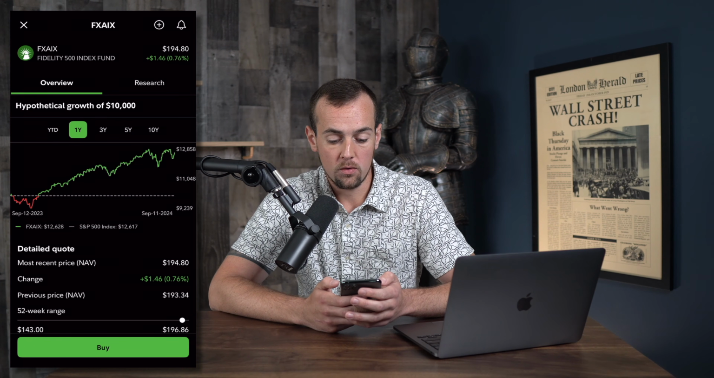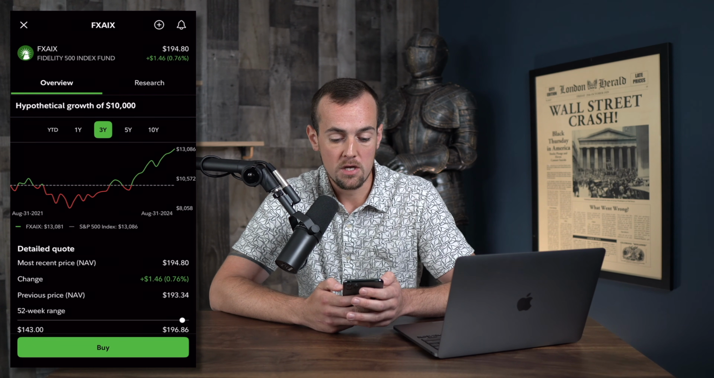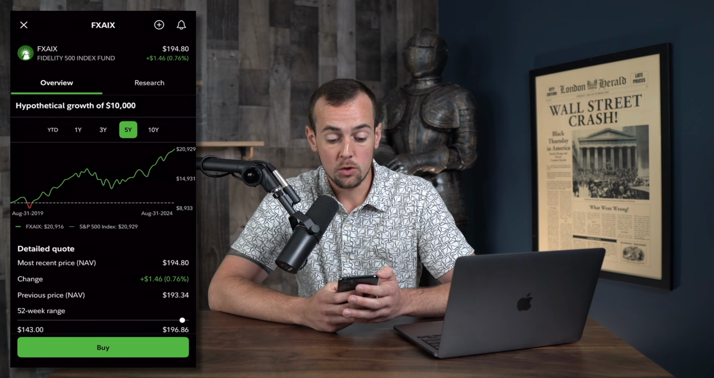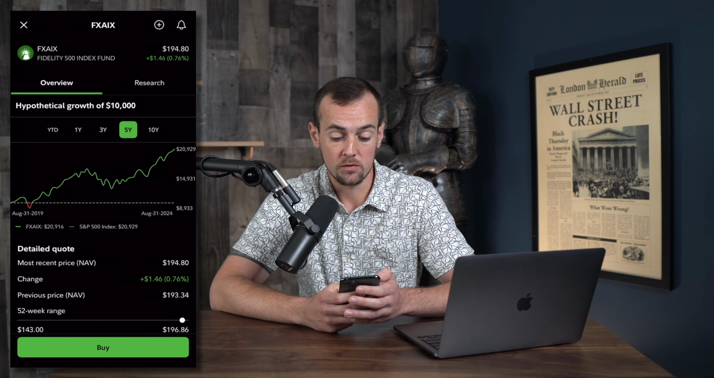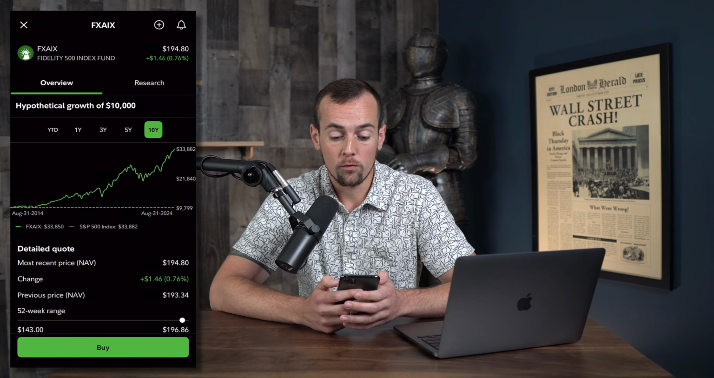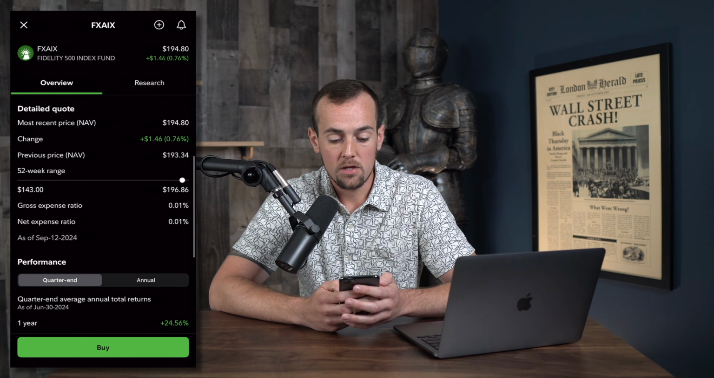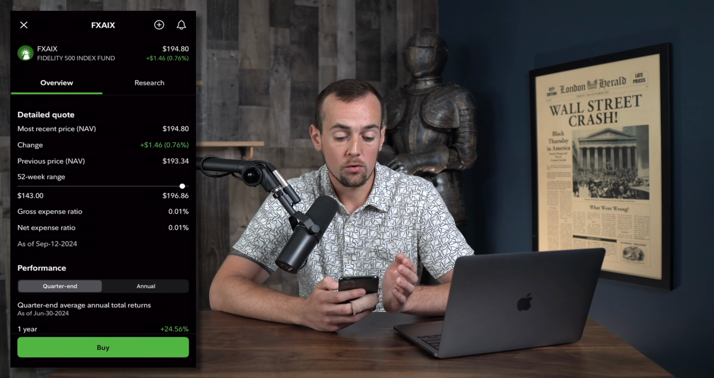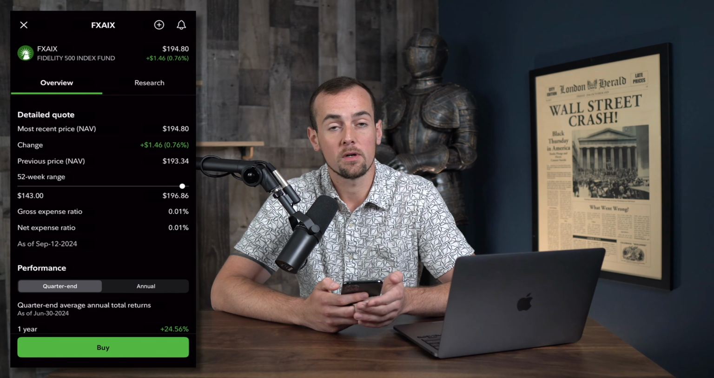Over the 1 year, you can see that chart as well. The 3 year, over the last 5 years, you would have roughly doubled your money investing in the S&P 500, which is what this index tracks. And over a 10-year period, that 10,000 would be worth about 33,850. If we scroll down here, you can get information about the most recent quote price for this,